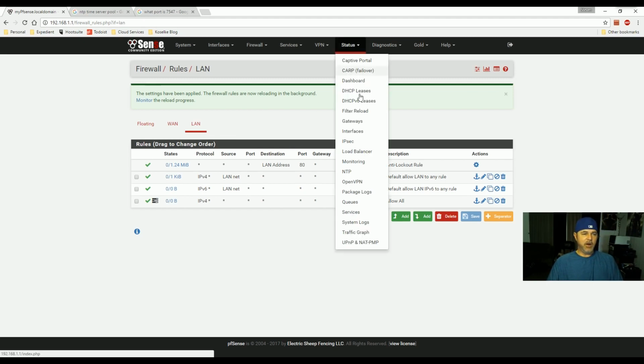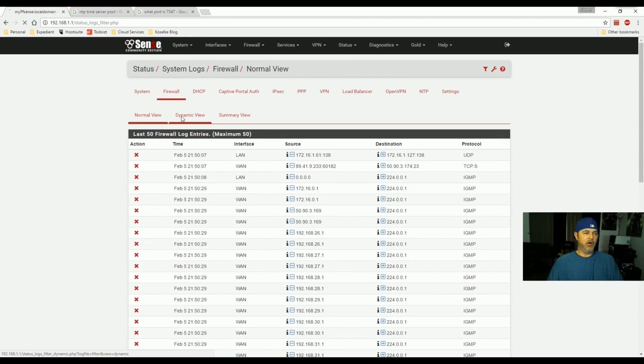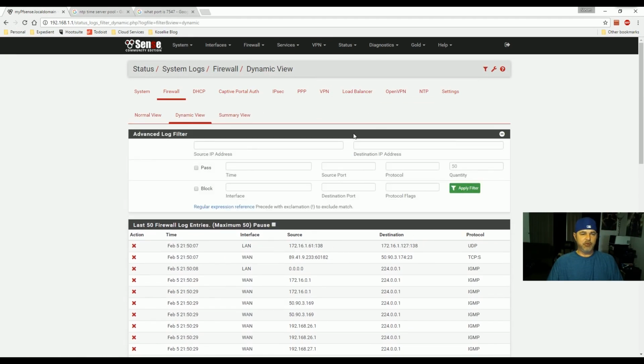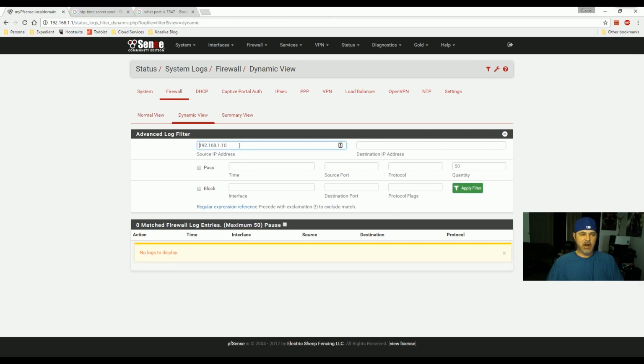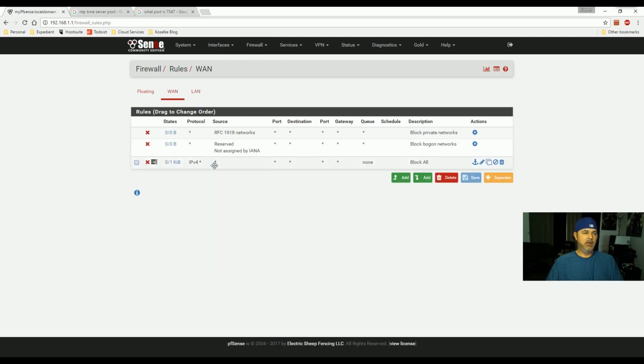the internet, and then you can come to Status, System Logs, Firewall, Dynamic View, and now in your filter, you can put a source IP address of 192.168.1 dot, say, whatever specific device you're looking for, and you can watch all that device's traffic going out to the internet. I think we can put a filter in here. Can we? We can put a filter in 192.168.1.0. You should be able to use some filtering to, rather than pick a specific IP address, pick the whole network. I don't have anything going outbound right now, but you start to get the idea of